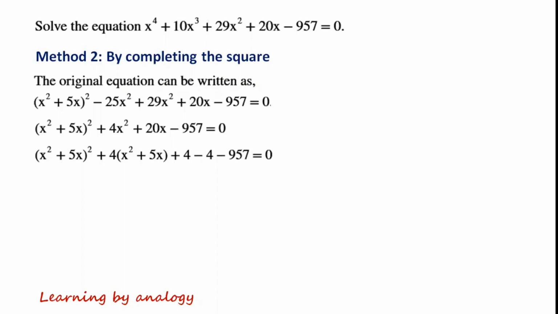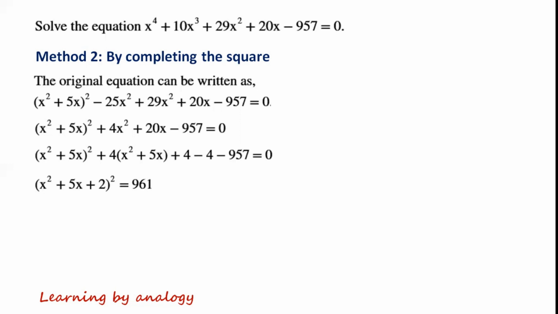We add 4 so that the first three terms form a perfect square. Now we have to also minus 4. We have (x squared plus 5x plus 2) all squared